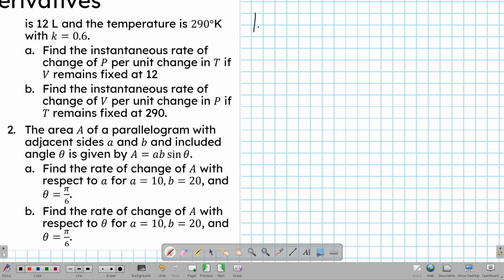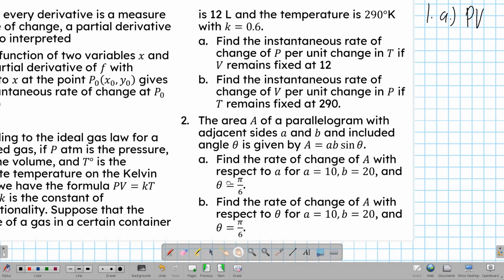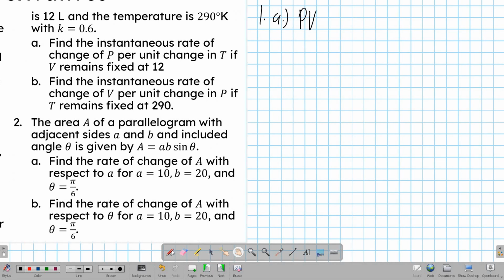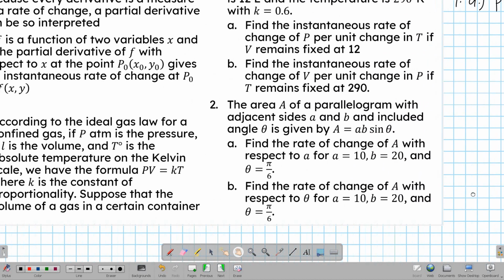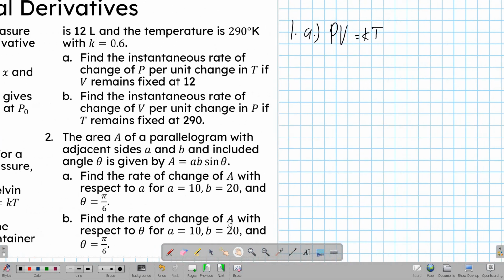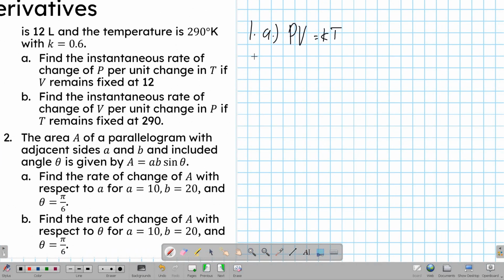So for 1A, we are told that for the ideal gas law, that's PV is equal to KT. In the specific case, we are given a certain gas in a container with a volume of 12 liters, a temperature of 290 degrees Kelvin, and a constant of proportionality of 0.6. The first thing we ask here is to find the instantaneous rate of change of